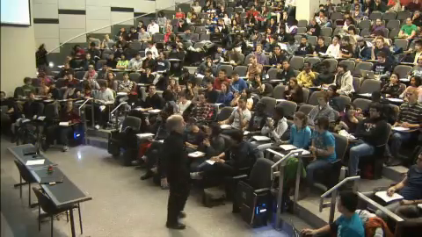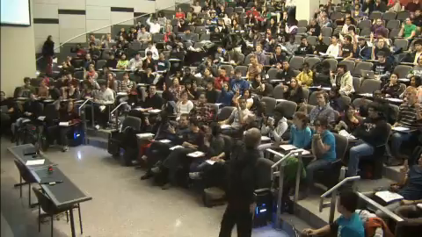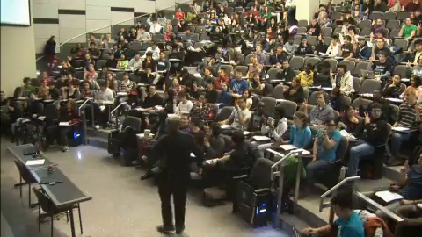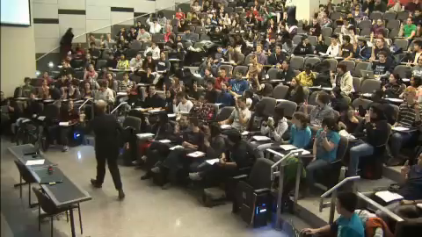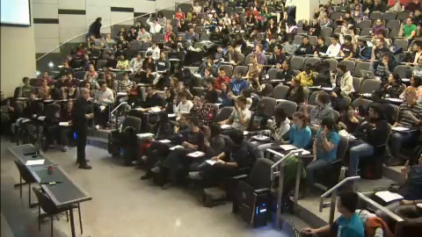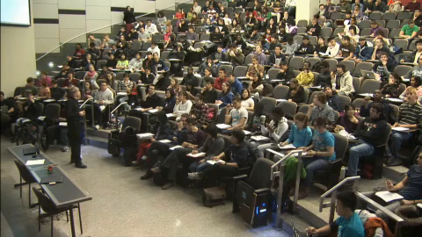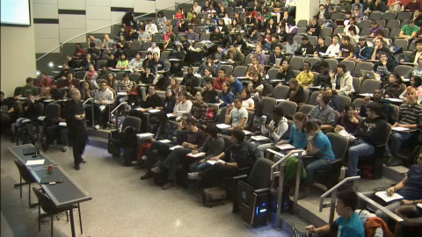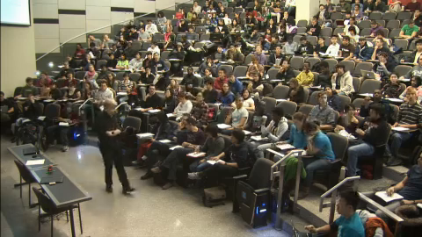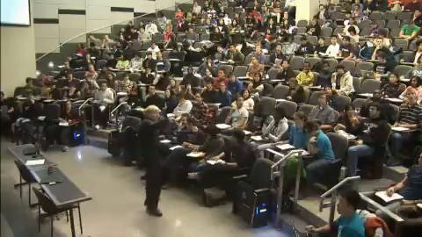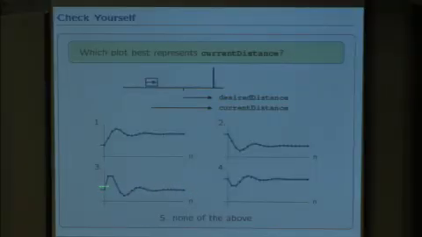Raise your hand. Show some number of fingers so that I can see if you're with it. Not all correct, but more than 90% correct. The more than 90% answer is number 2. What's good about number 2 that's not good about numbers 1, 3, and 4? Yeah. The initial value is different than the final value. Initial is different. So here we're showing initial and final being roughly the same.